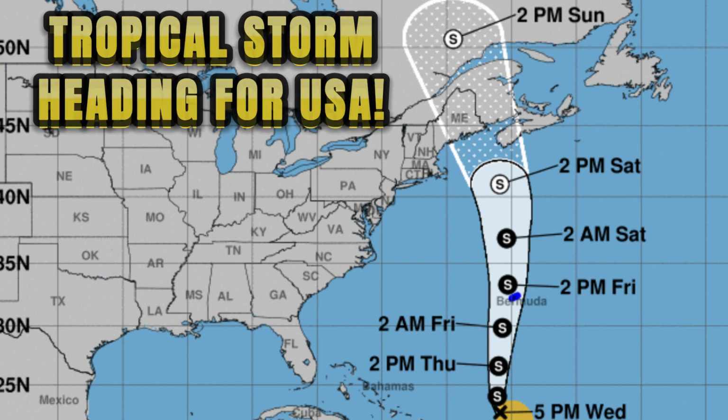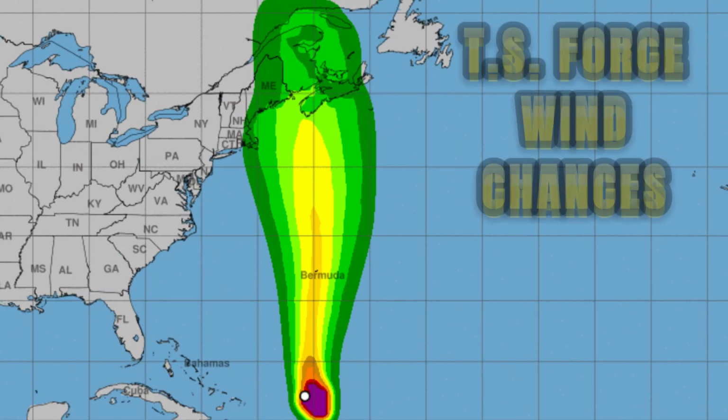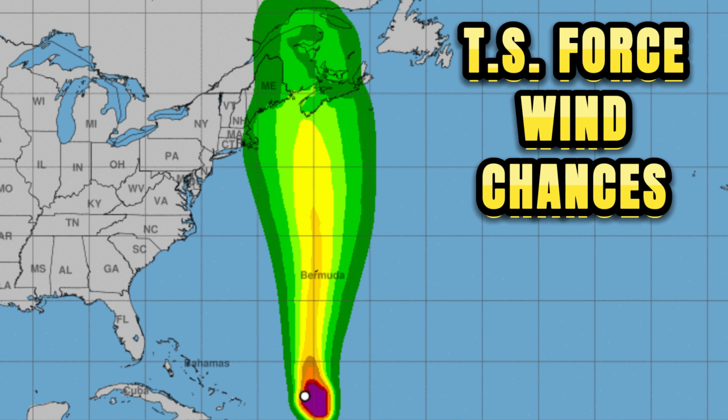Tropical storm is heading for the United States, and you can see this is Philippe. This is the cone. It's expected to ride right on over Bermuda before curling on up towards the north and northwest. Not a very strong, not a very healthy system, and it's barely going to be a tropical storm or a post-tropical system as it passes by Bermuda. Definitely a post-tropical system by the time it makes landfall